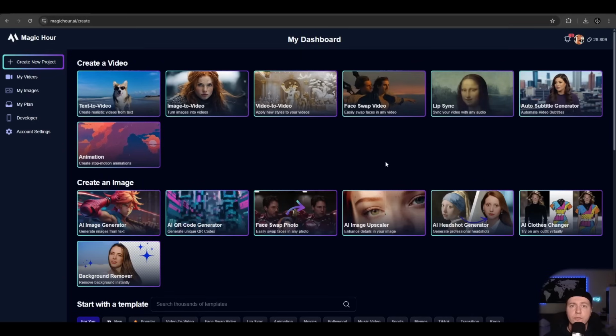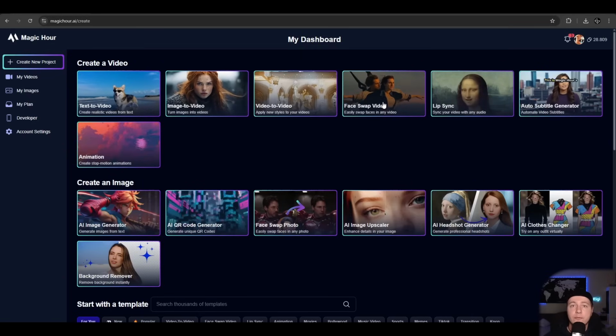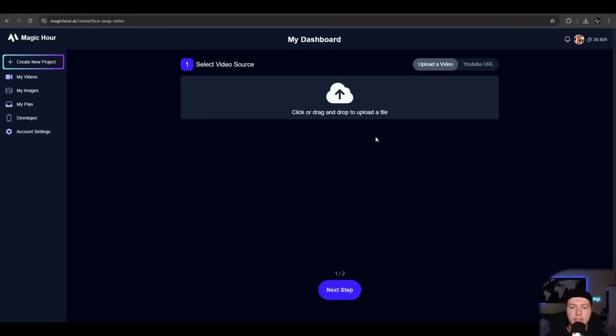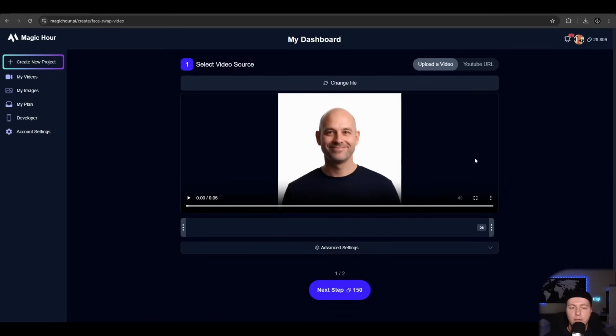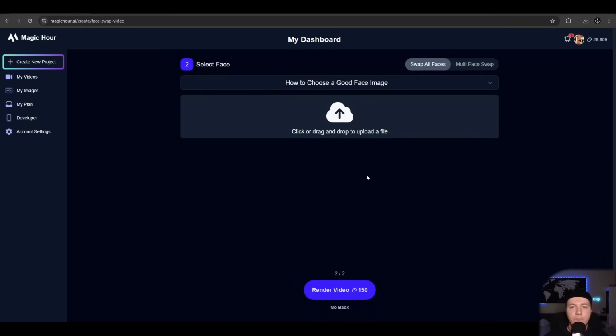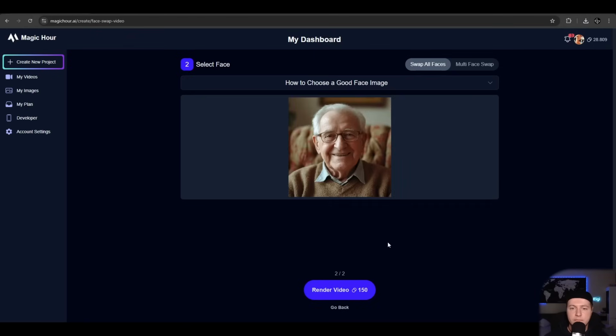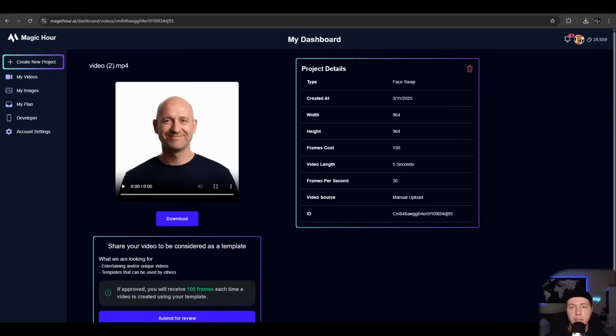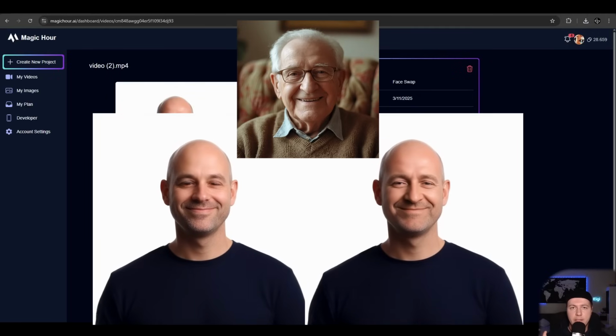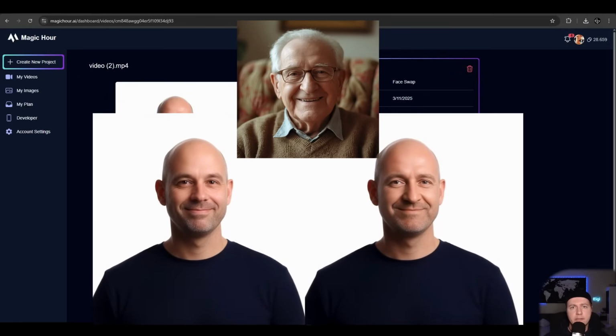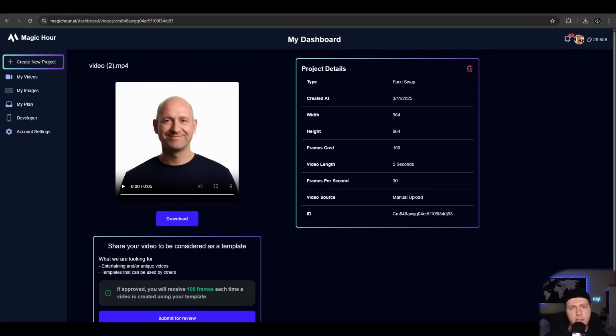Awesome. So what we try next, we try the face swap video feature. We click on it, upload a video. We take the bald man again. Next step, we upload a face. I took this grandpa, let's render. So the changes are minimal. I put the videos side by side and as you can see, it's a bit of a change, not much,